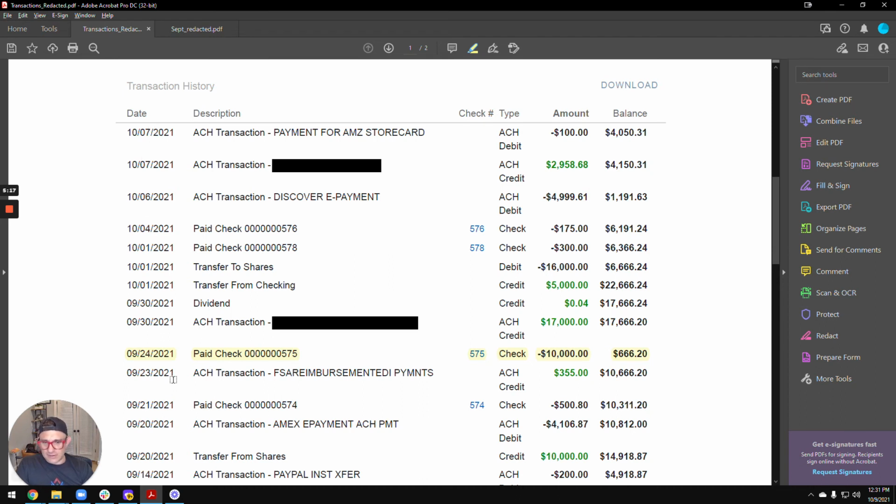We technically only needed until the 24th, when that cleared, but they did a little bit more. Now keep in mind, because they did a little bit more, we're showing this huge $17,000 transfer in, this $5,000 transfer in. So we're going to have to source those from their other accounts and wherever those funds came from, which is a little bit extra work. But if they had just cut this off here, we wouldn't have had to do that.